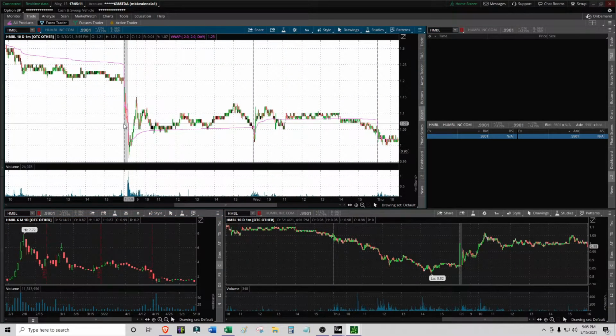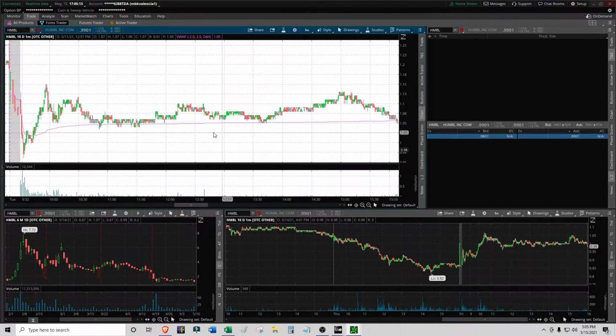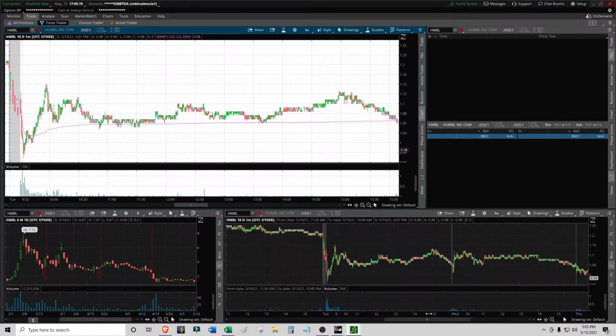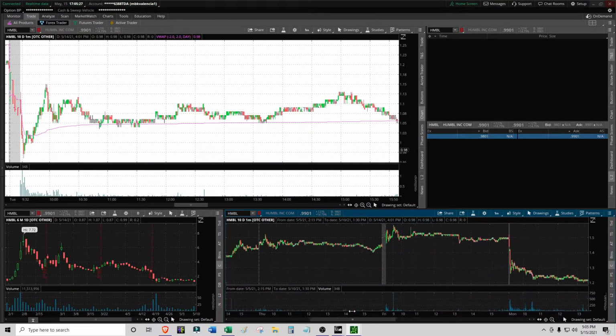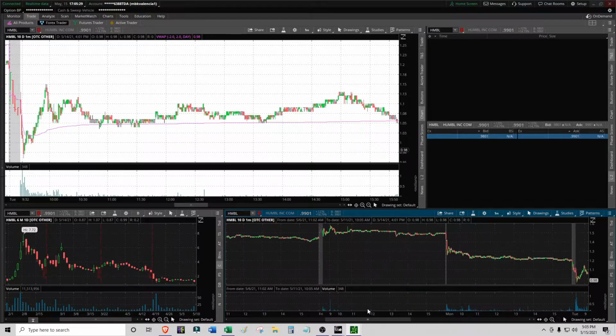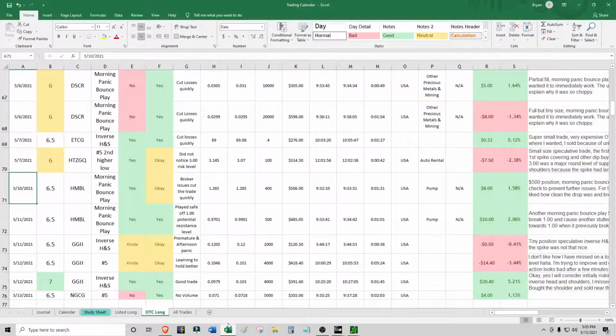This was the 10th right here. Morning panic bounce play, just kind of broke that important support level at 130. If I were to go back, here is the 10th right here. And if we were to look back, I think it was an important level. I guess I could look back right here at the trading notes, but let's just go ahead and take a